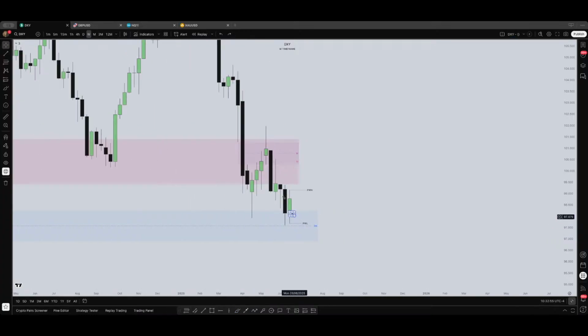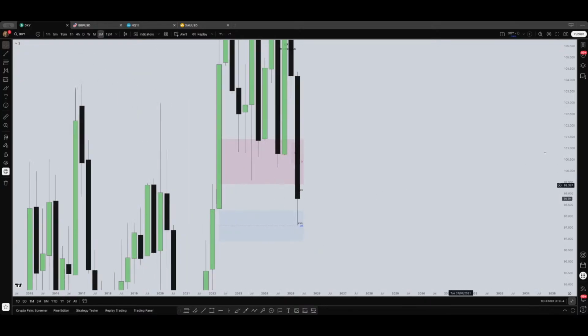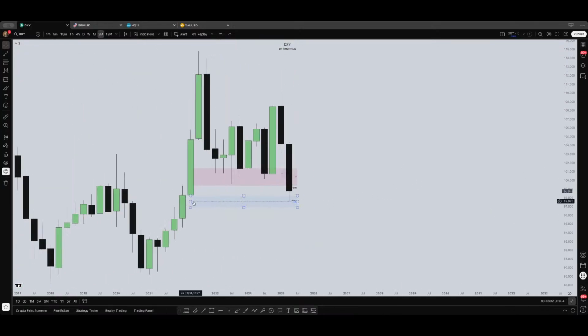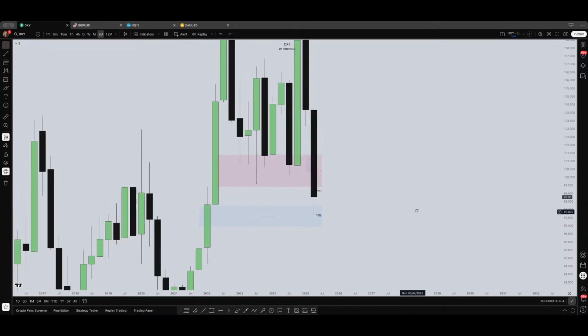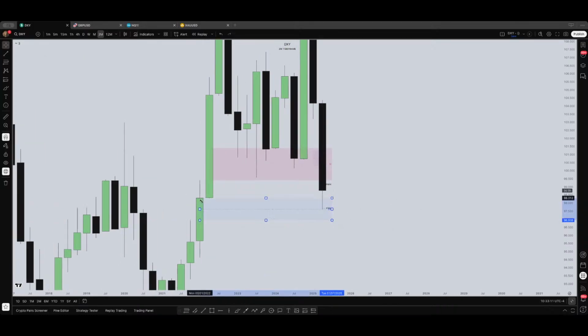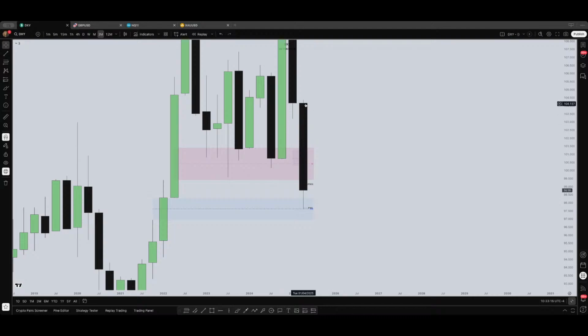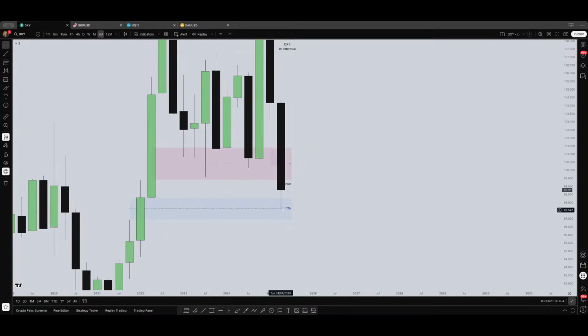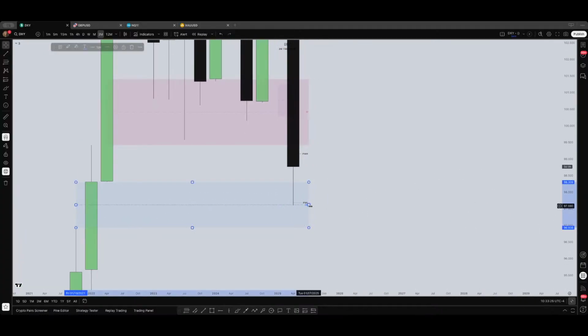But at the same time, it's interesting how price is reacting in this quarterly. This is a 3-month chart. We have a fair value gap here, the blue area. Okay, let me put this like this. So as you can see, this is a 3-month candle, a quarterly candle, and you can see how it perfectly touched the midpoint of the 3-month fair value gap or imbalance.